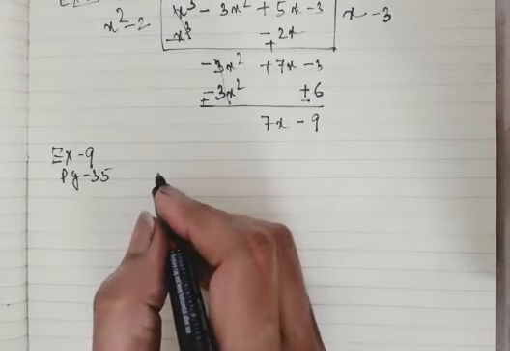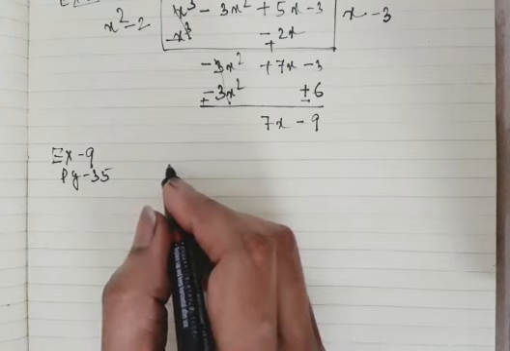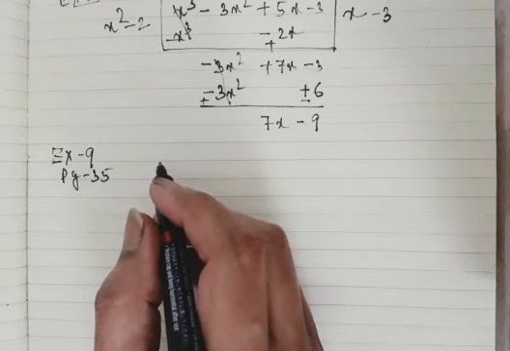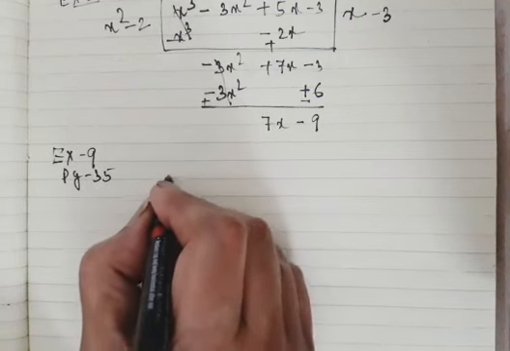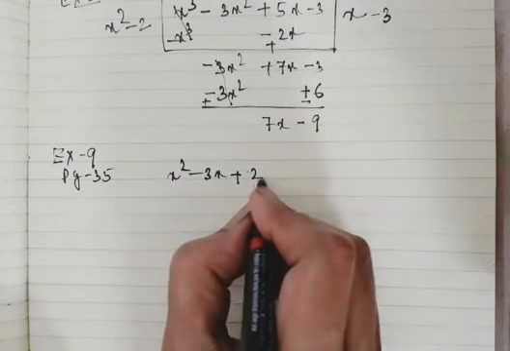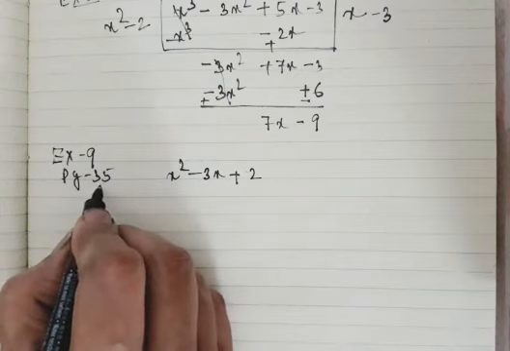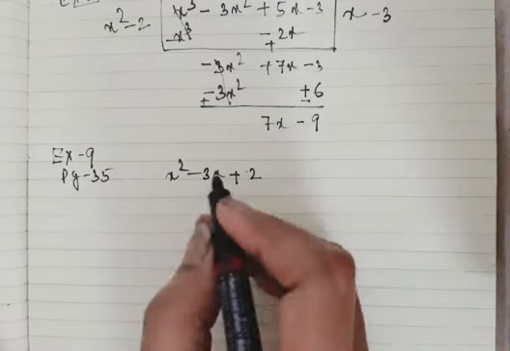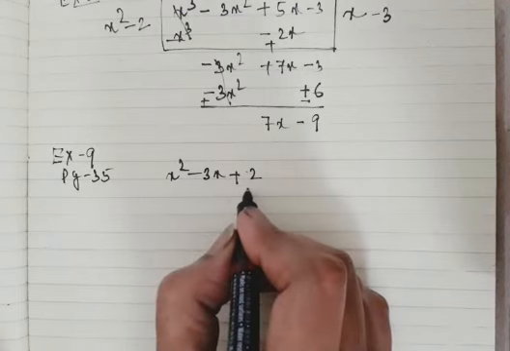Now before that, let me tell you something. You see now, suppose we have a quadratic polynomial, that is x square minus 3x plus 2. So before explaining this example of page number 35, let me give some idea about the zeros again of a quadratic polynomial. So here you see, this is a quadratic polynomial.